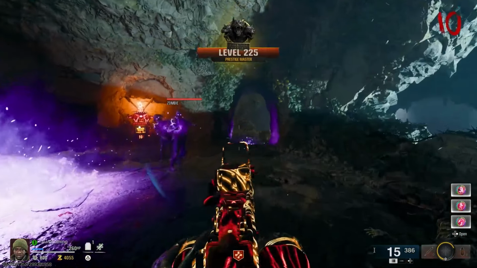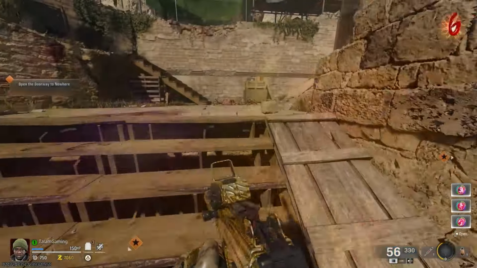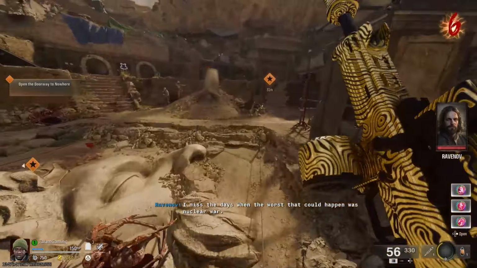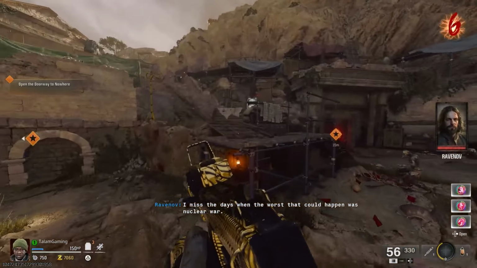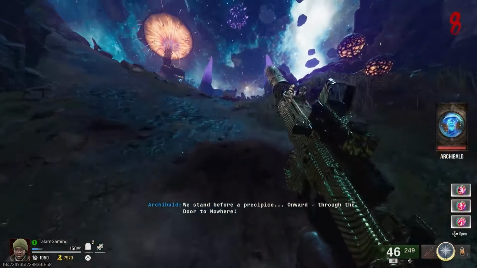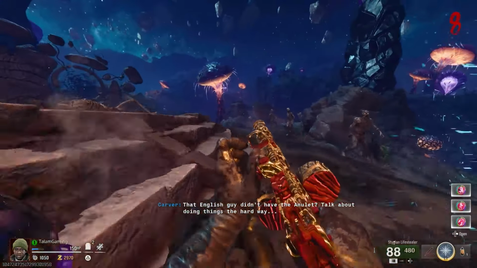Now, the next camo strategy I want to go over is for Opal, getting 30 special enemy kills. And the map we're going to be doing this on is the Tomb. And what I recommend doing is spawning with whatever gun you want to work on, and then just rampage induce the first 7 rounds. And then when you get to round 8, you want to open up the map and get to Pack-a-Punch and at least Pack-a-Punch your gun once